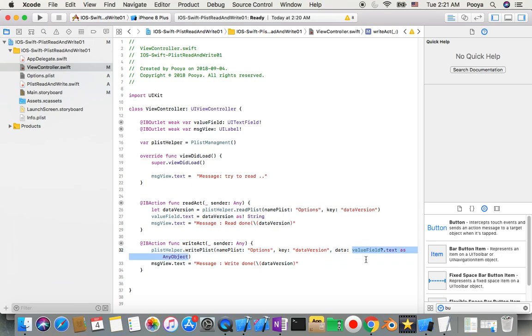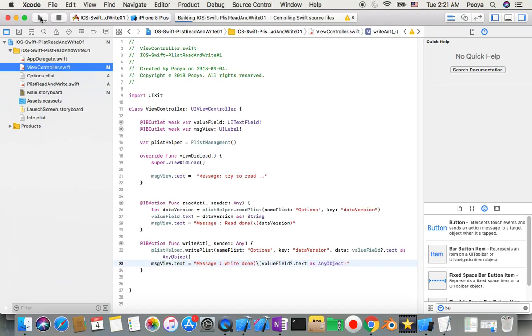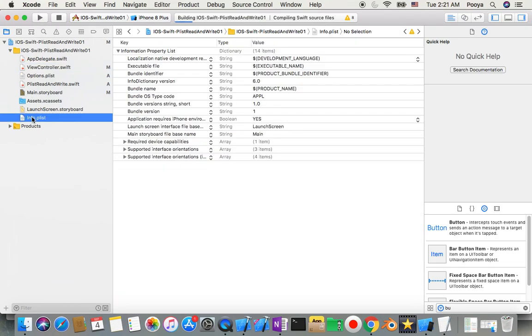So yeah, same as this one, I'm gonna show it in the message center. Okay, so Command S, I save this one, and I believe we're done. So we can run the project and see how our output will be. So we expect that we have 1.1 and 0.1 inside our